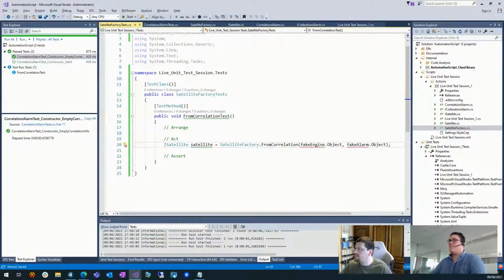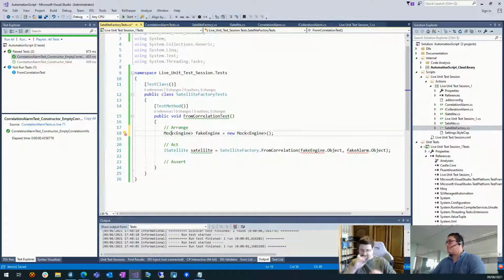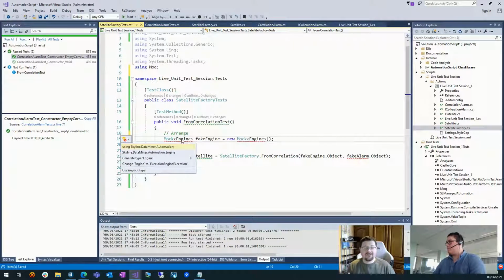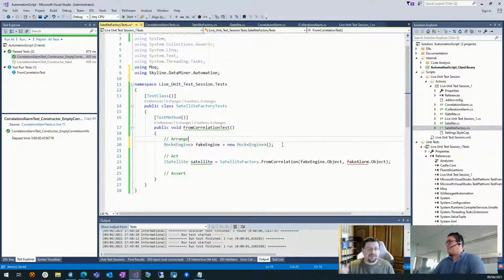All right. And now, again, it's the same way as I showed previously, we work hierarchically. So I'm going to need a fake engine. So I'm going to mock my engine again, same as before. But now, here comes the part that's very fun: we've injected the fake alarm into the factory method as well.